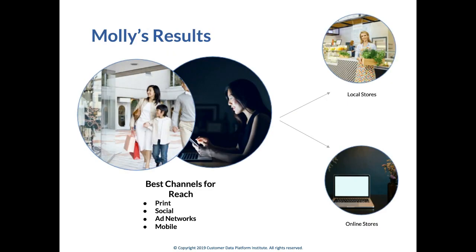Molly's been really, really happy with her results so far. She's able to really quickly incorporate new sources of data, keep them updated on a regular basis, and Molly and her team were able to fill in the blanks and make some of the right decisions for her campaign. So she's going to make decisions around running more social advertising. She wants to be able to target some of these people across the open web through her ad networks. And then she also wants to take advantage of her company's mobile application to send announcements about the new product and provide other introductory content.